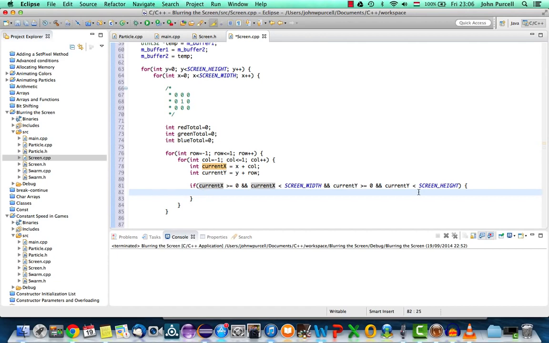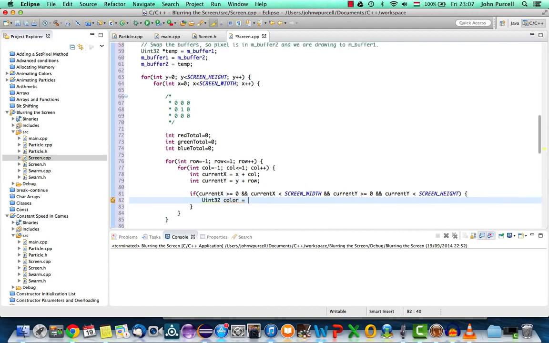Let's get the pixel colour there. So I'm going to use the SDL type uint32, which means an unsigned integer that is guaranteed to be 32 bits. Normally it is 32 bits, but it's not guaranteed. It could be different on your machine. So uint32 colour equals, and now we need to access the buffer that contains the pixel information, which is now buffer 2, because we swapped it with buffer 1. So we need to say buffer m underscore buffer 2,